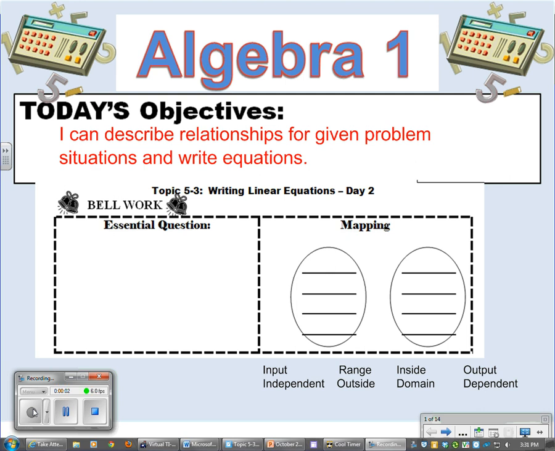This is topic 5-3, writing linear equations, day 2. Today's objective is I can describe relationships for given problem situations and write equations. We're going to make that an essential question